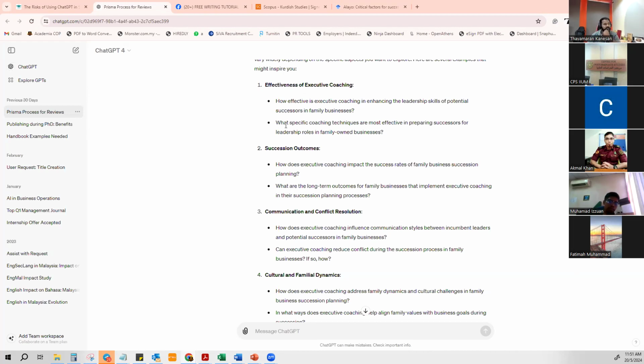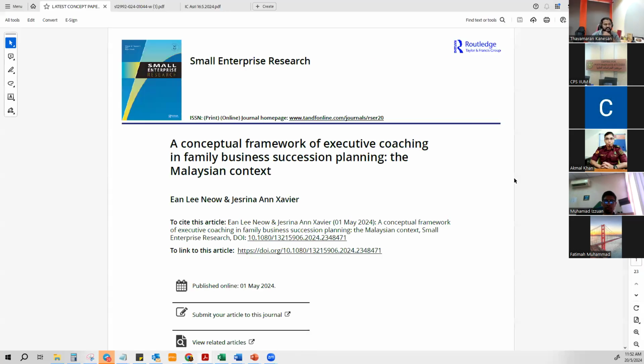For an example, the research question here: how effective is executive coaching in enhancing the leadership skills of potential successors in family businesses? So the flow is basically telling how executive coaching, that means teaching executives, can enhance their leadership skills of potential successors in a family business. That means who's going to take over. If you look at the research question by Alice,